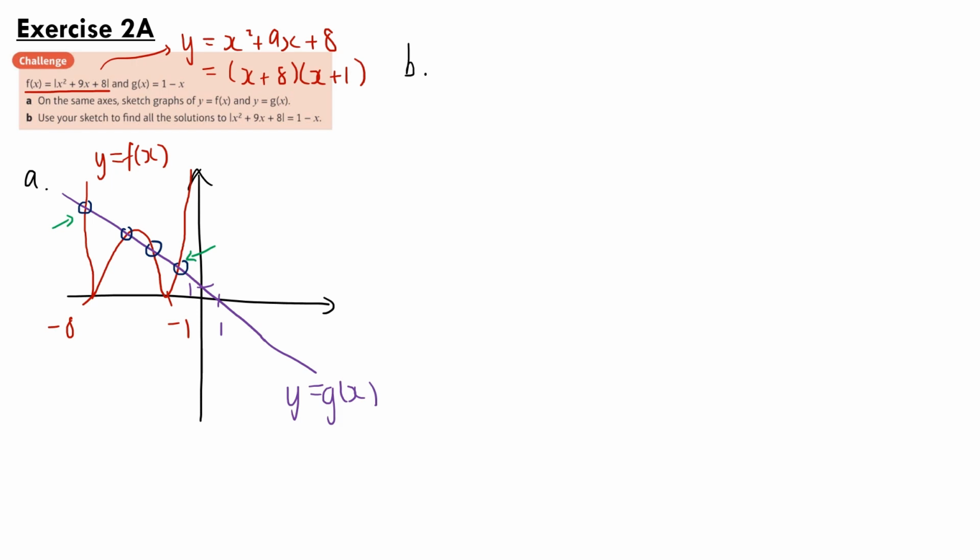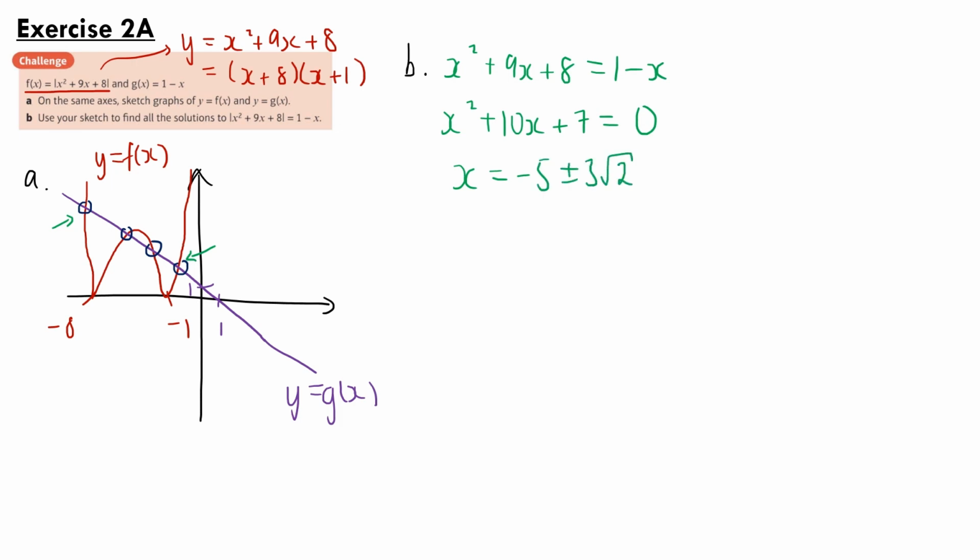then these solutions are going to be given by positive x squared plus 9x plus 8 is equal to 1 minus x. And if we rearrange and solve, so adding x to both sides and taking 1 away, then if we use the quadratic formula or your calculator, we're going to get the solutions minus 5 plus or minus 3 root 2. Then for the parts where the graph was initially negative, so that is here and here,